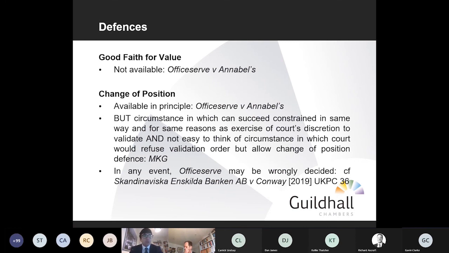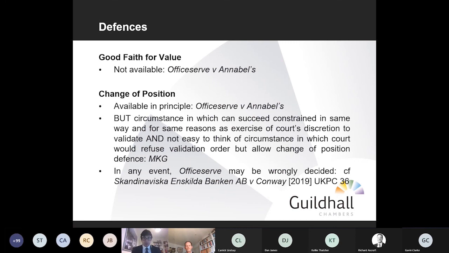TUV claims go. There is no statutory defence, and there's no common law defence of change of position. They didn't need to decide whether or not Officeserve was right that section 127, which of course does not have a statutory cause of action, and you fall back on general law, would enable a change of position defence to arise. They simply noted in passing they didn't need to consider it. But some academics think that in light of the Conway decision, change of position can't be available for 127 claims either.